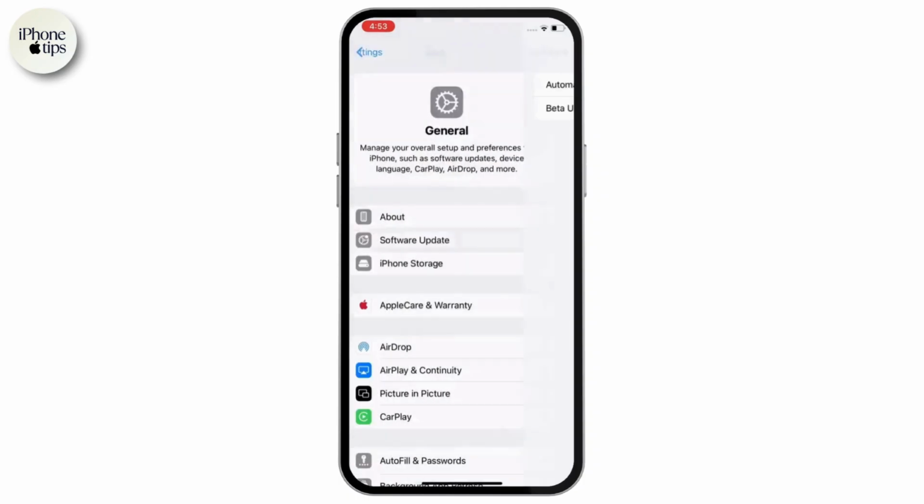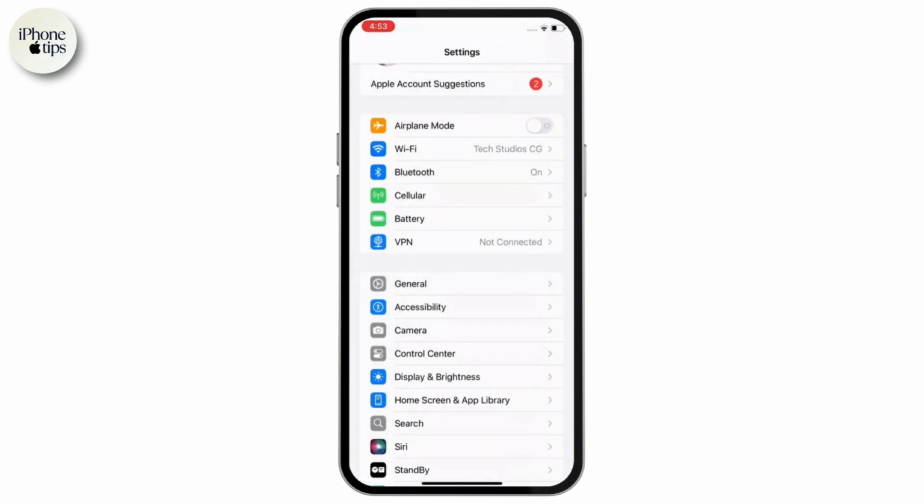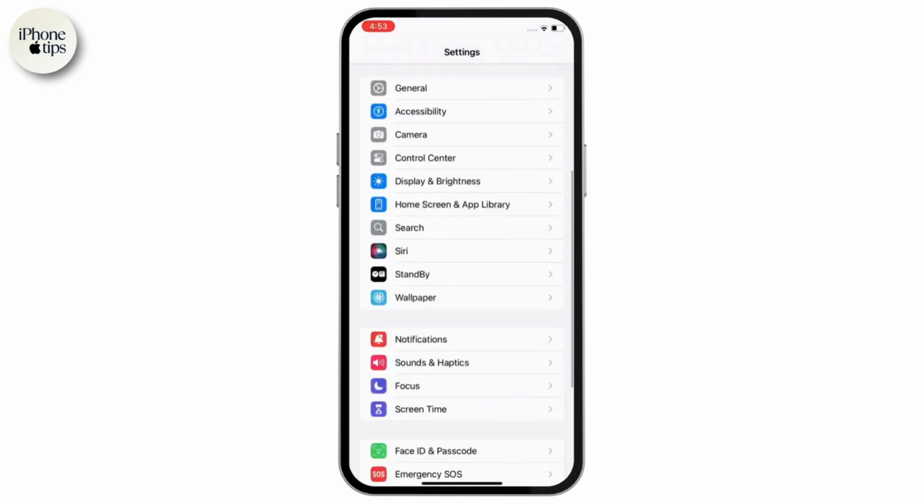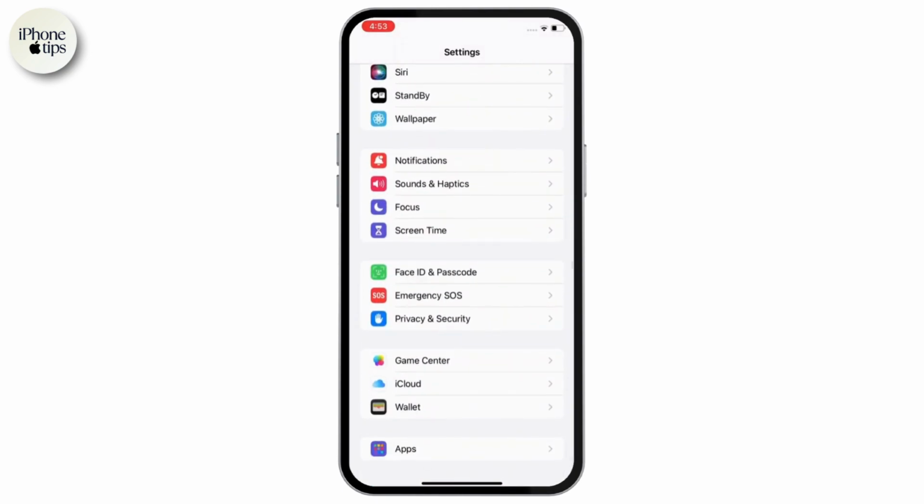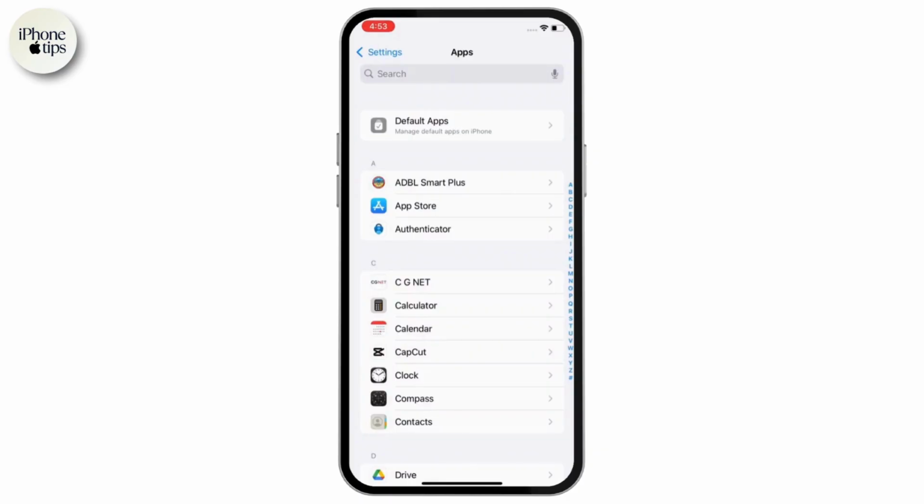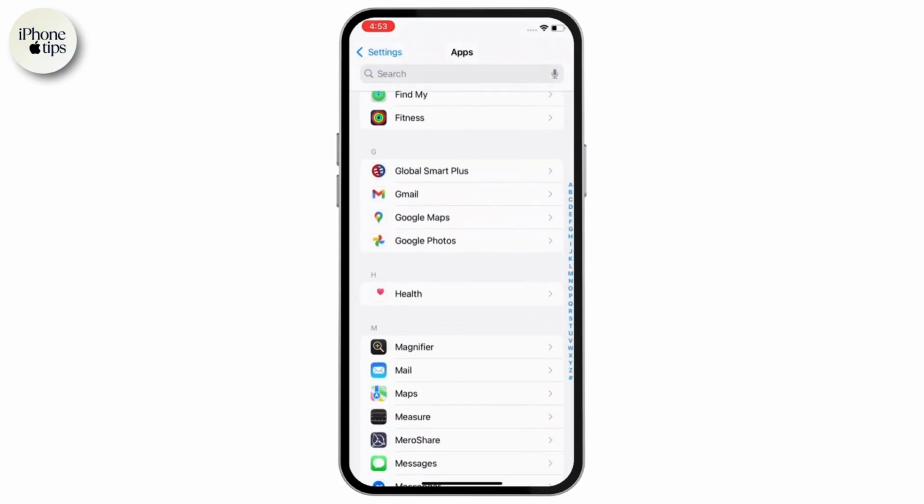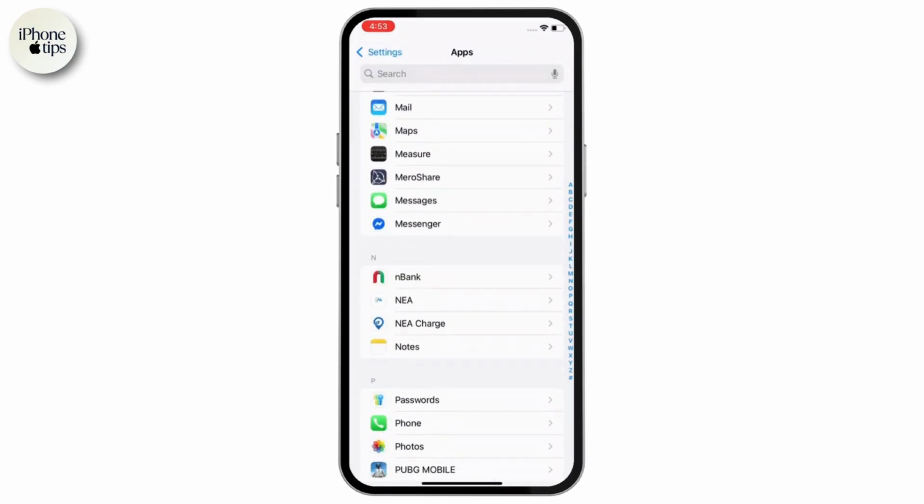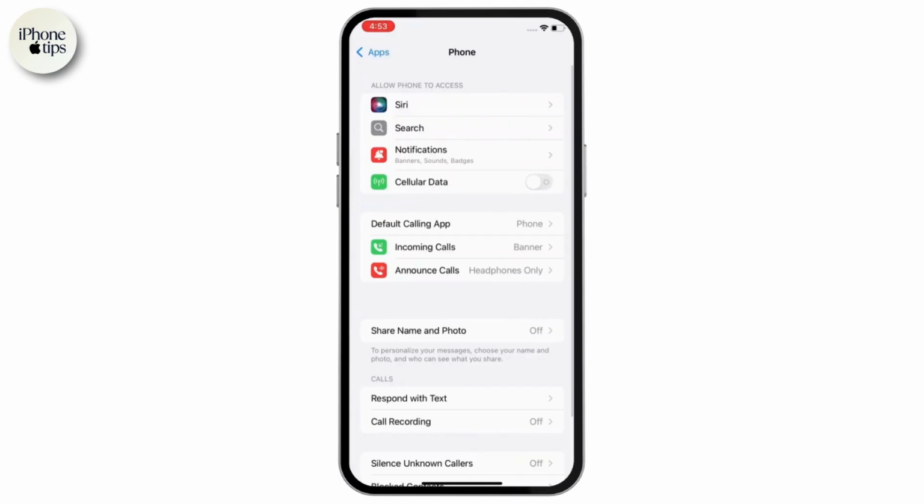And with that, let's move forward to step 2, that is to enable call recording in settings. Go back to Settings, scroll all the way to the bottom and tap on Apps. Now in the Apps section, scroll down and tap on Phone, and after that you need to